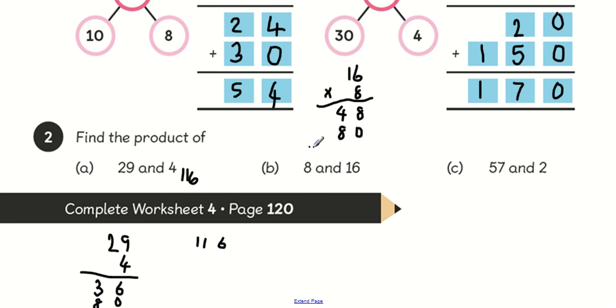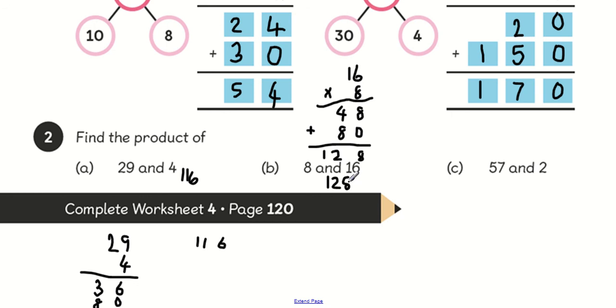Okay, and then we add them up. You draw a little plus sign here so we know that we are adding. 8 add 0 is 8. 4 add 8 is 12. Okay, so our answer to this one is